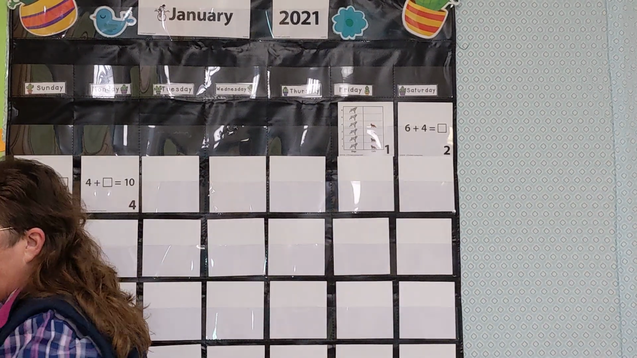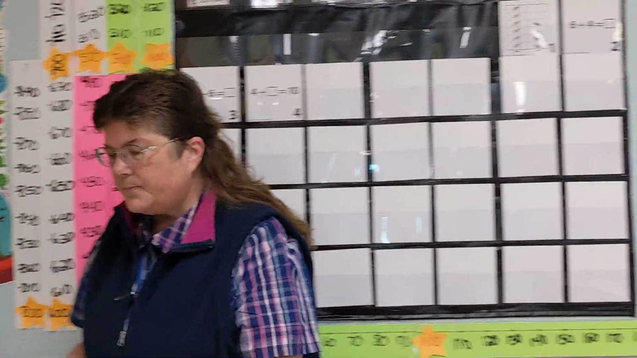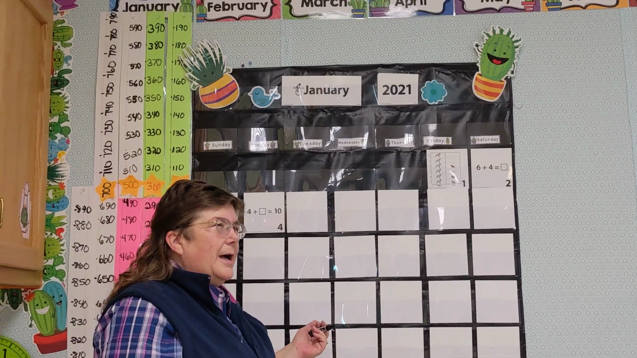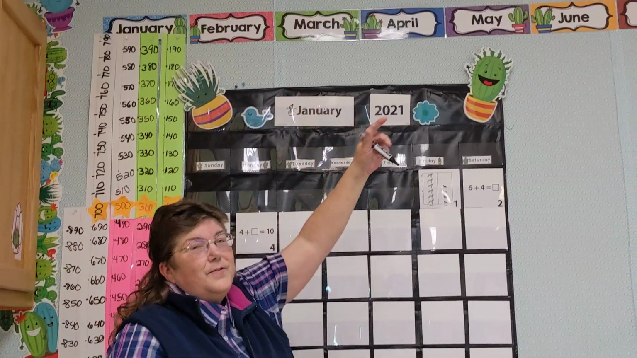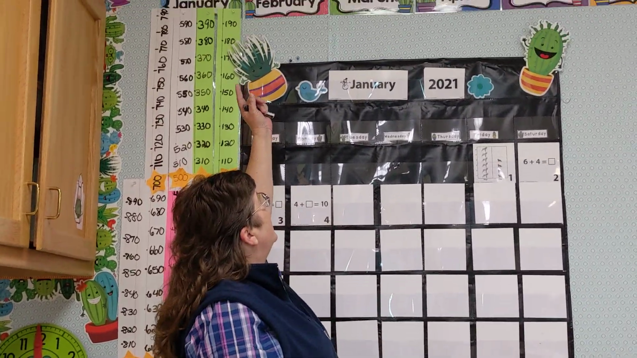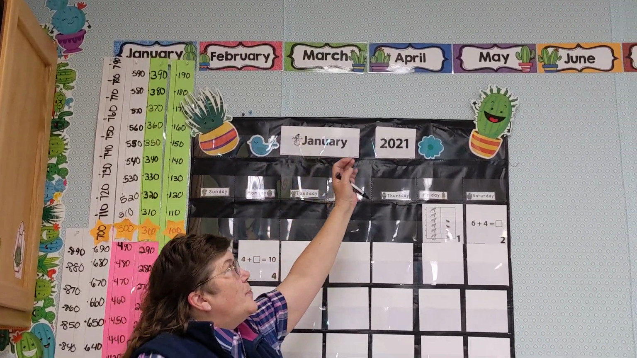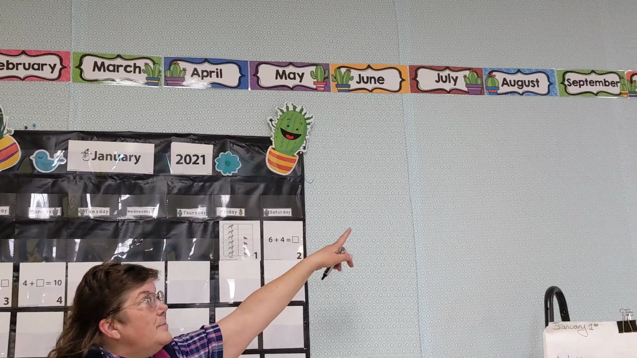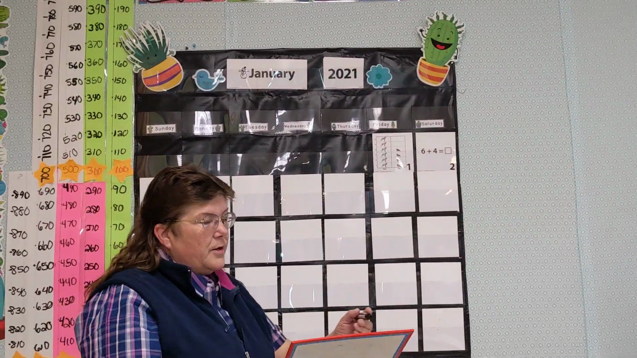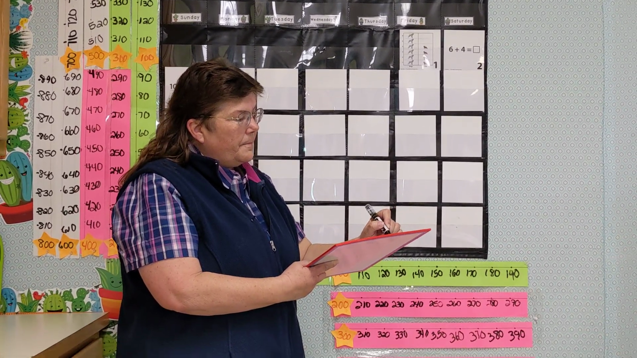So let's write today's date, January. I was going to go over the months of the year, but I think in second grade, you guys know the months of the year. January, February, March, April, May, June, July, August, September, October, November, December, and I'm in January. So January